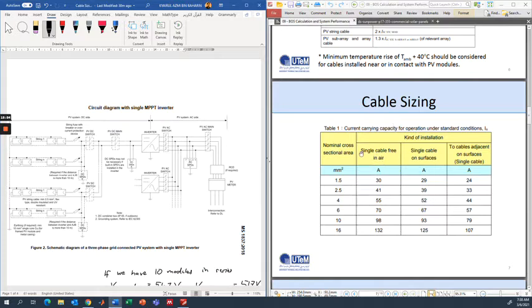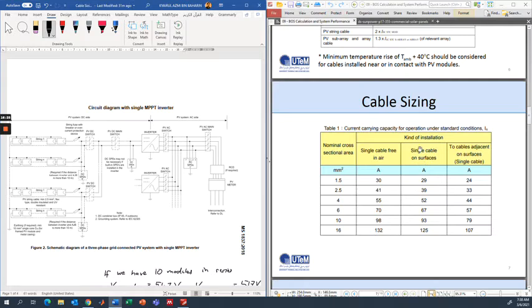Okay, this table here provides the current carrying capacity for operation under standard conditions. So here we have the cable size from 1.5 up until 16. And then here is the type of installation. So let's say for example, I take 2.5. For a single cable free in air, the current carrying capacity is 41 amps.